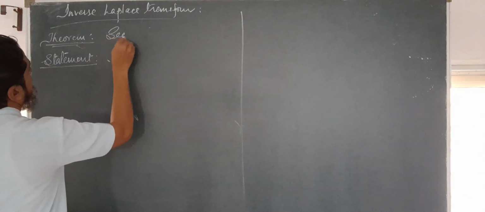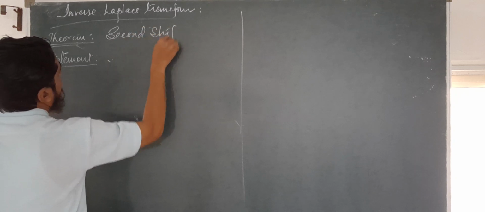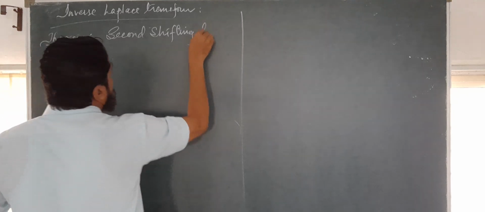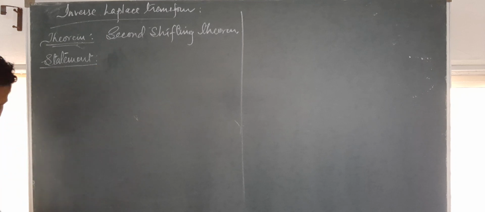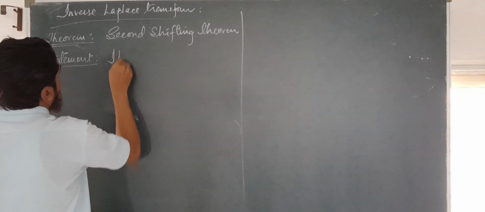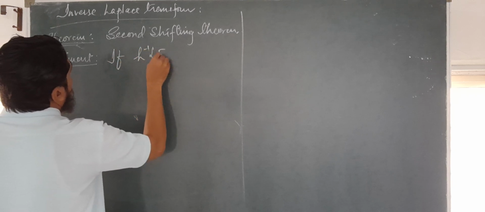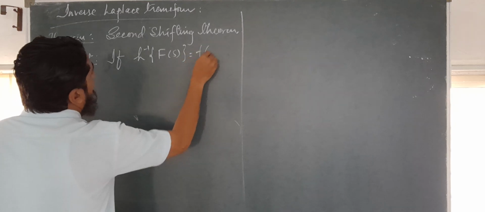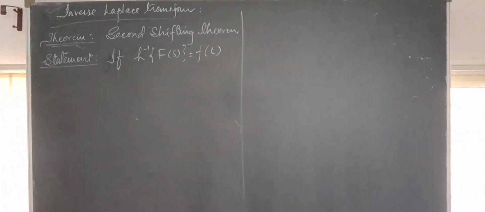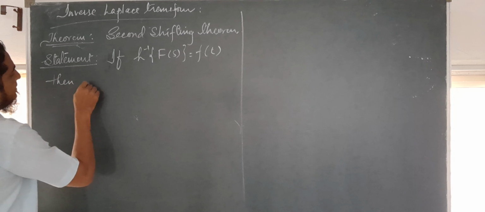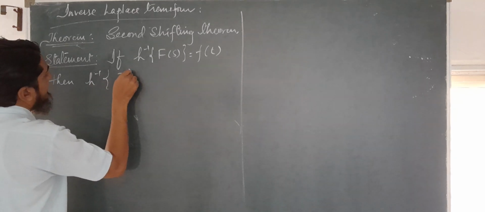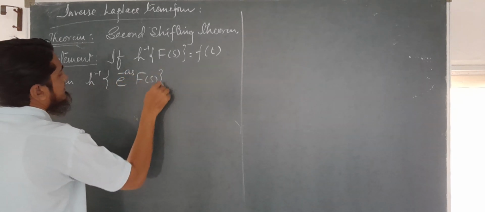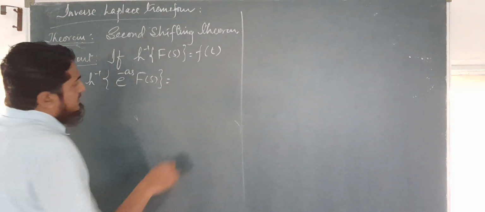Now the second shifting theorem is stated as: if inverse Laplace transform of F of s is equal to f of t, then inverse Laplace transform of e raised to minus as F of s is equal to g of t,